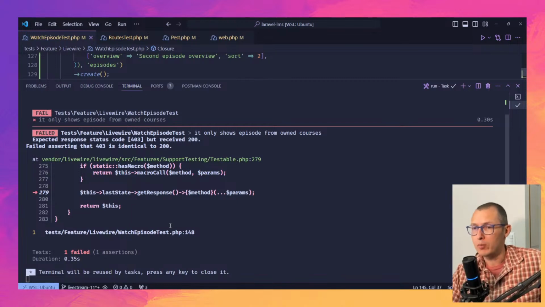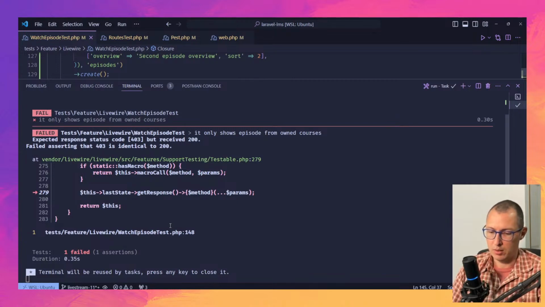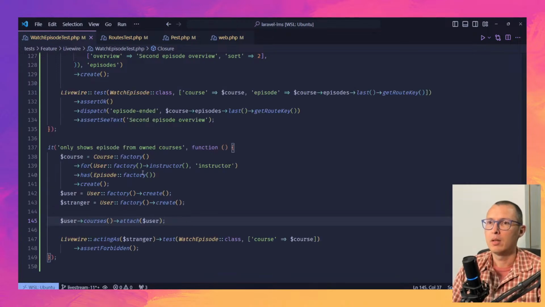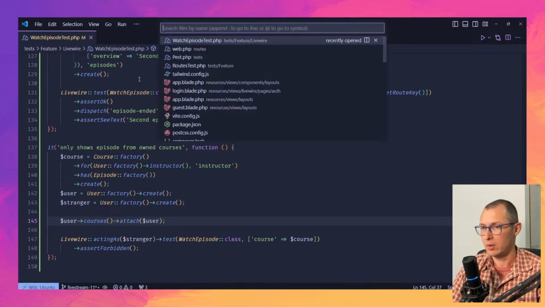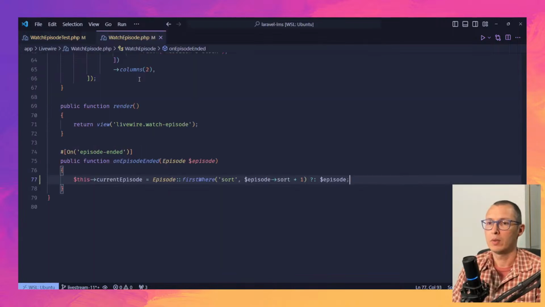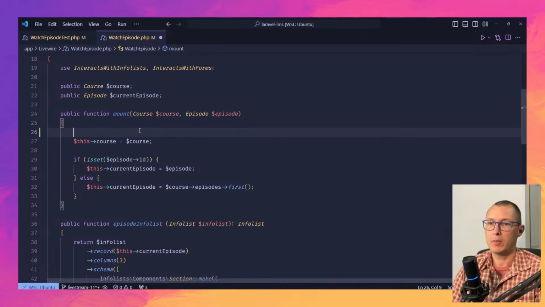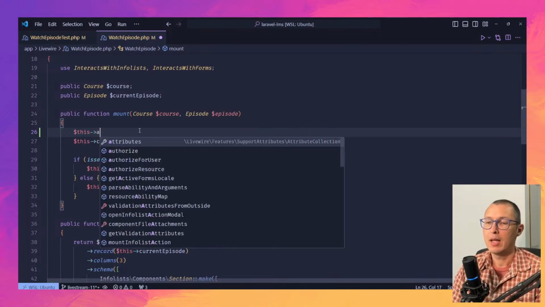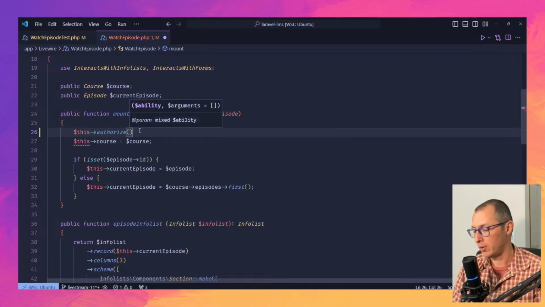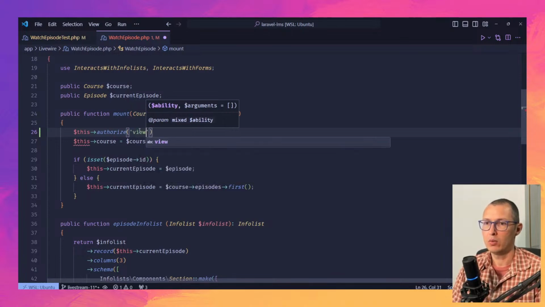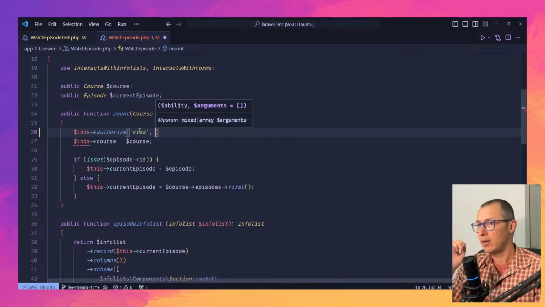So for that, first of all, I'm going to say, in the watch episode component, like I mentioned before, go to watch episode. In the mount, the first thing I'm going to do is say this authorize. The first parameter is the ability, which is view, and the second is the argument. So what I want to pass here is,